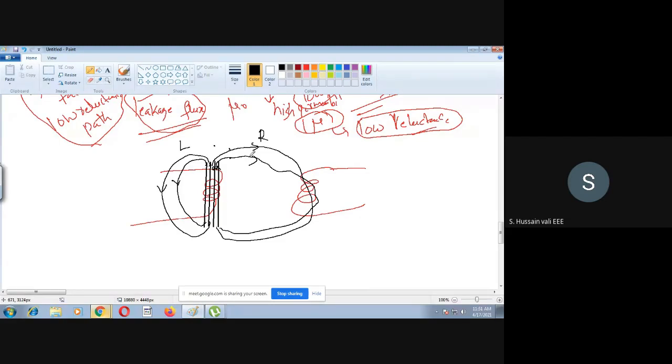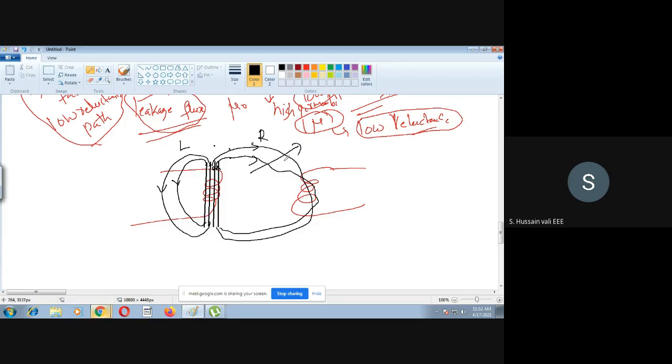There is no magnetic core. If on both sides air only is present, then I can say that the reluctance on both sides is more or less the same. When the reluctance on both sides is more or less the same, there is a possibility that the flux may share equally. So unlike the previous case, where three flux lines take the right side path and only one flux line takes the left side path, in this case two flux lines are taking the right side and two flux lines are taking the left side.